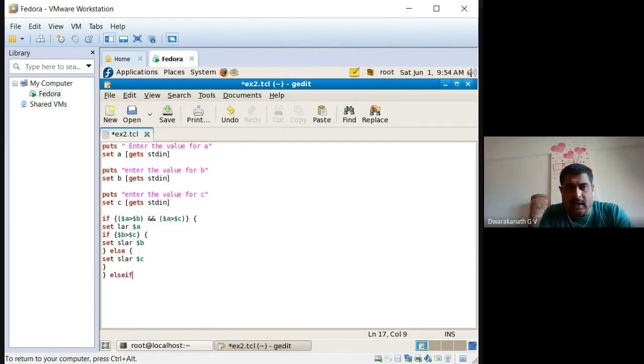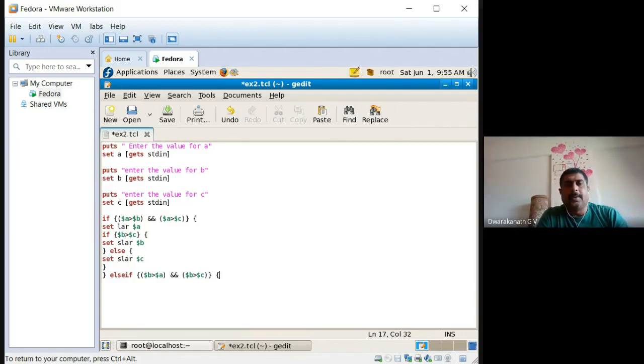Else if, observe carefully, same thing I'm going to use, else if within square brackets, $B is greater than $A, close, and then bracket, $B is greater than $C. Now close this flower brace, start this true part.